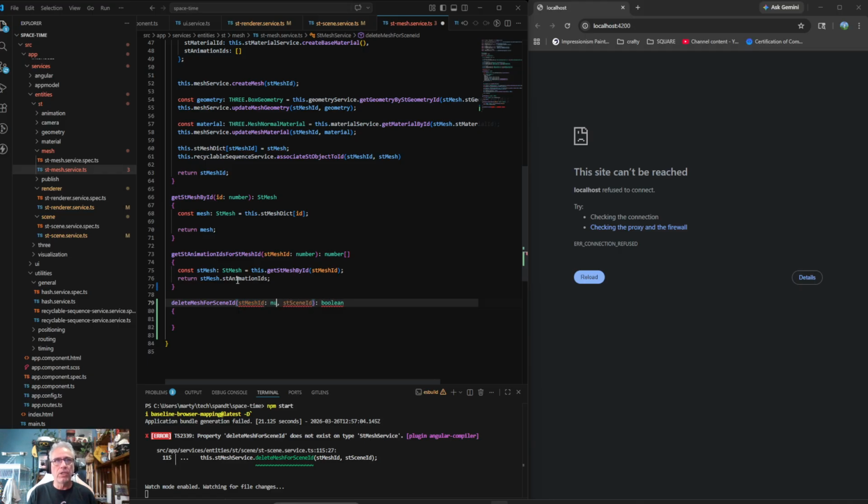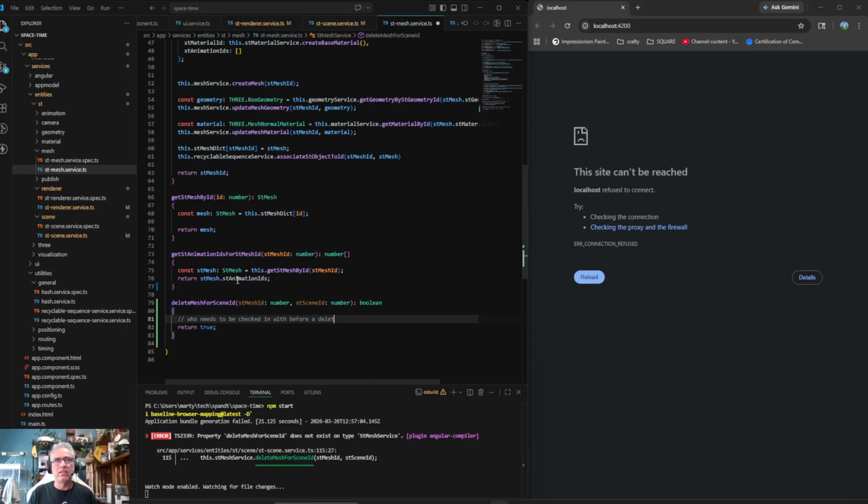So this is a number, and this is a number, and then we're just going to return true. So basically, the mesh for scene ID has to make sure that this mesh isn't being used in any other places. Where does that intelligence live of who you check in with before you delete? Who needs to be checked in with